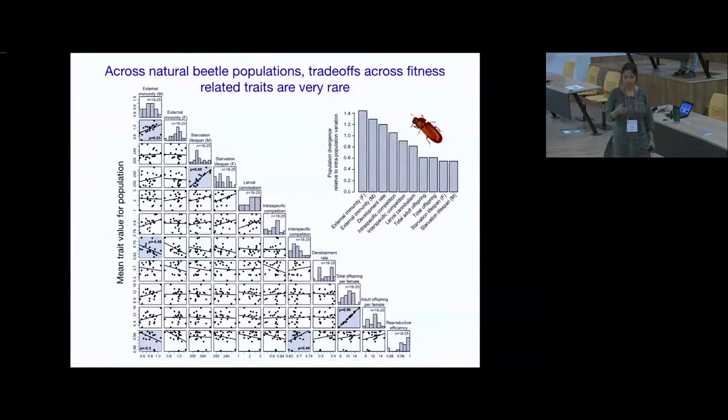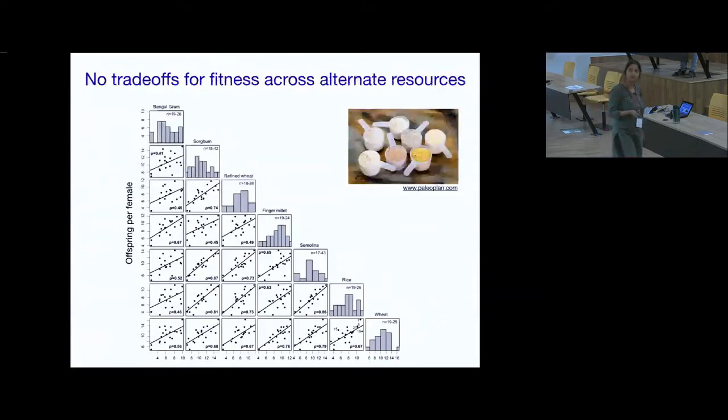Yeah, so this was sort of, well, there's no trade-offs, what do we do next? But actually it's interesting, right? Because we expected trade-offs, and there aren't many. And we also look for trade-offs across different alternate resources. So these beetles are able to eat many different flowers. There's a sampling of different flowers that are commonly found in India, for example, in warehouses. So there's Bengal gram, which is besan, jowar, wheat, finger millet, and so on and so forth.